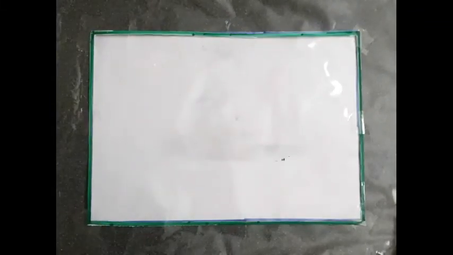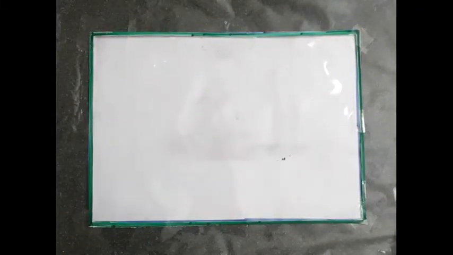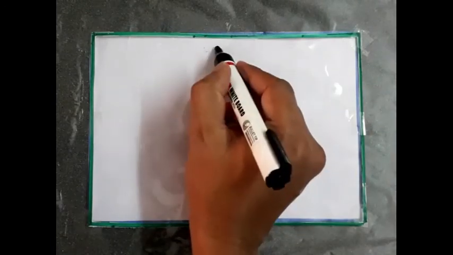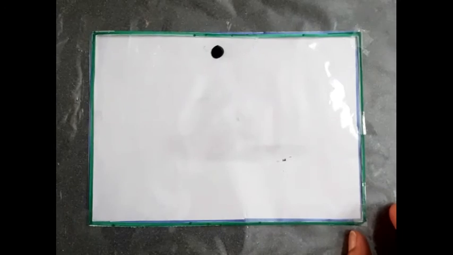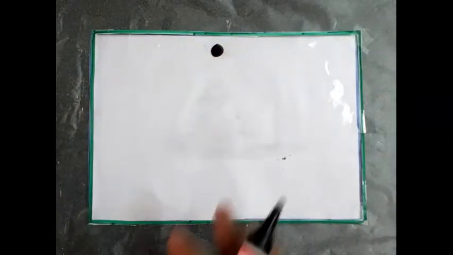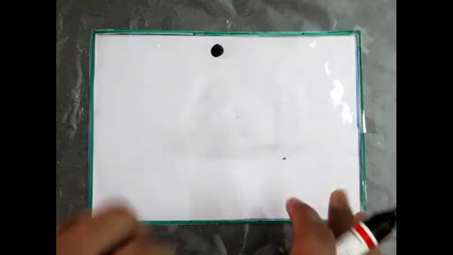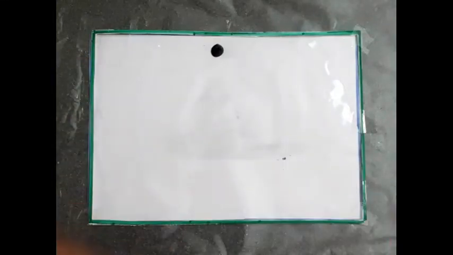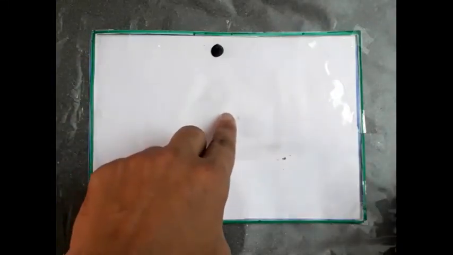So next figure is rectangle. In order to check the order of rotational symmetry for the rectangle, I am taking a point over here which is going to be our starting point, and by the time we come back to the same point again, we have to check how many times the shape is going to look the same as we are rotating.